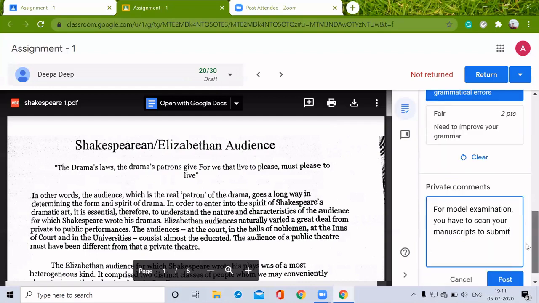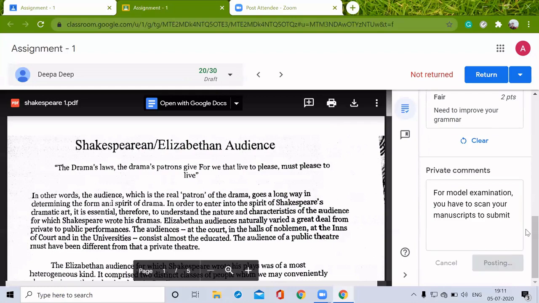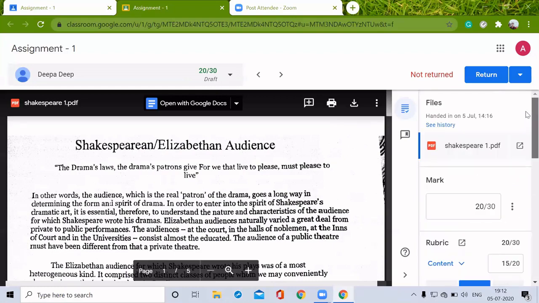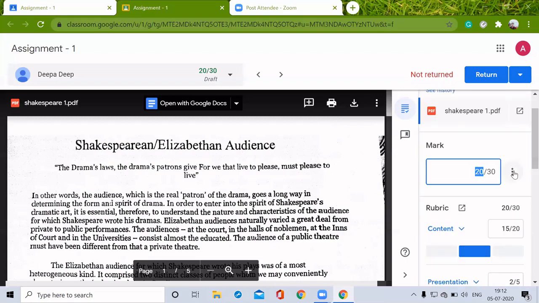So this is a private comment to my student, a particular student. So here we can see the total score for this particular assignment is 20 out of 30. If I want to change the total here, I can change it.